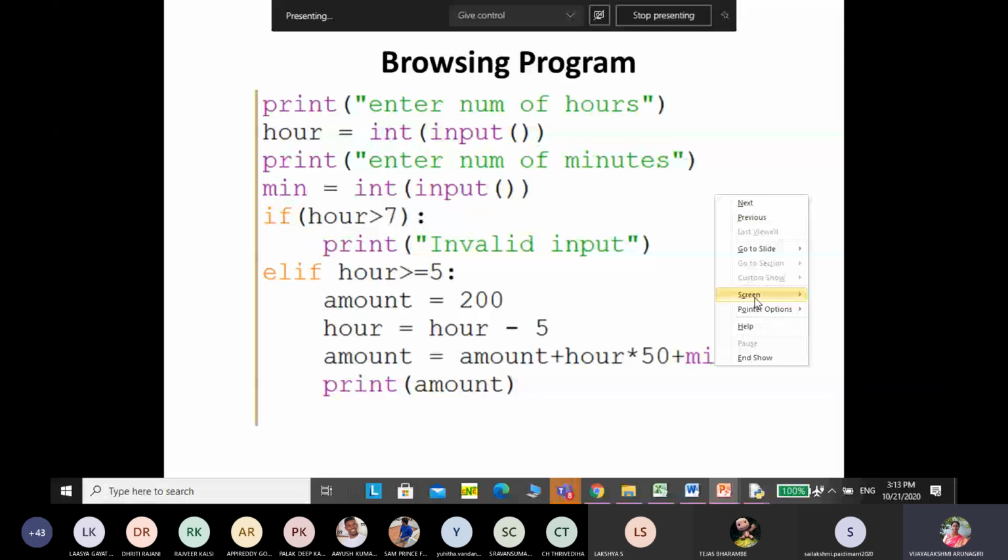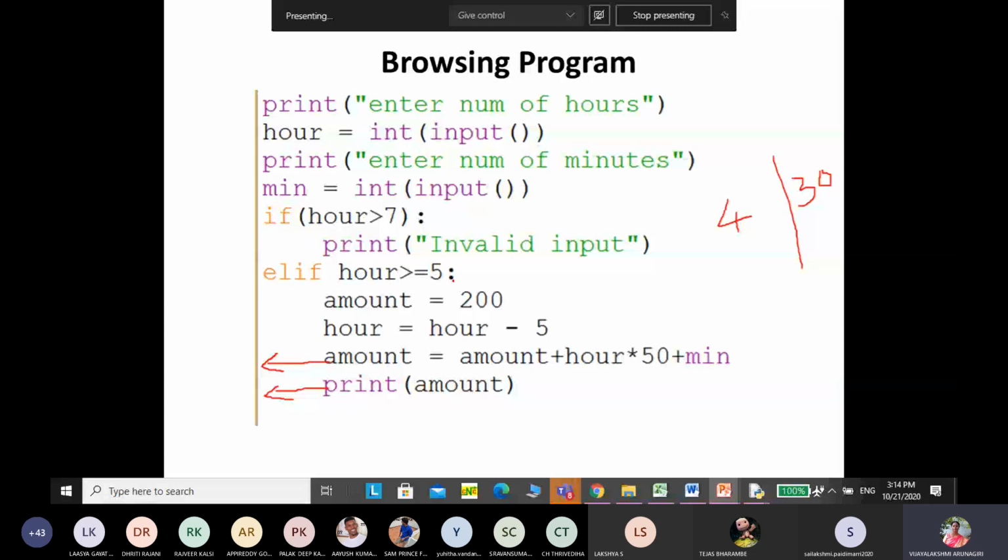These two statements should not be in this line. It should be here, because if the condition is true, then these two have to be executed. And further, this true statement is common for both hours worked less than 5 or hours worked greater than 5.